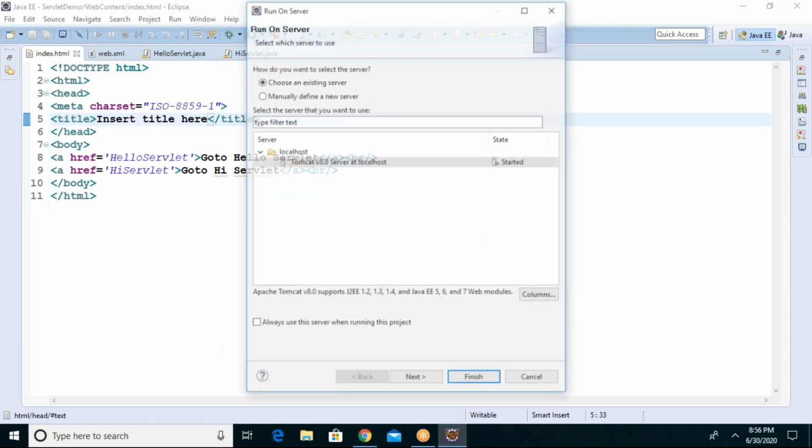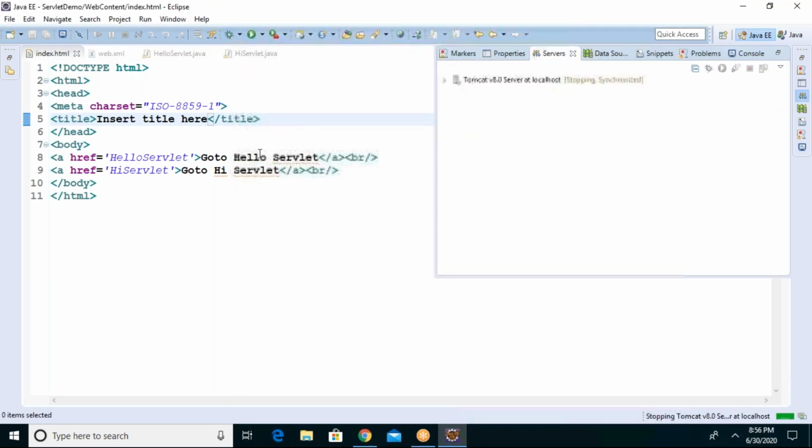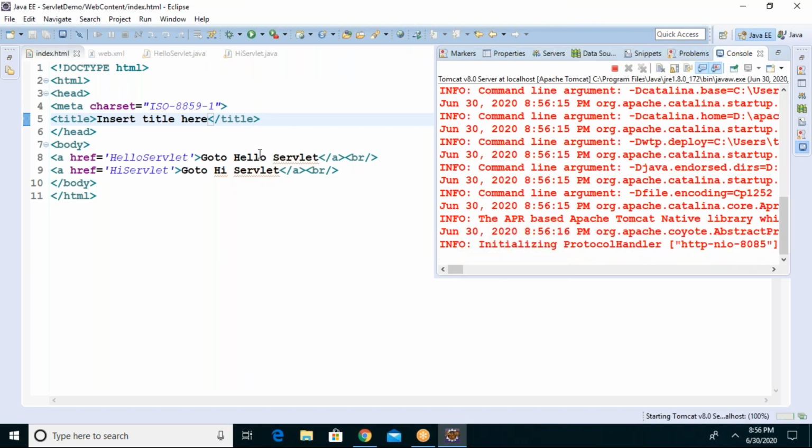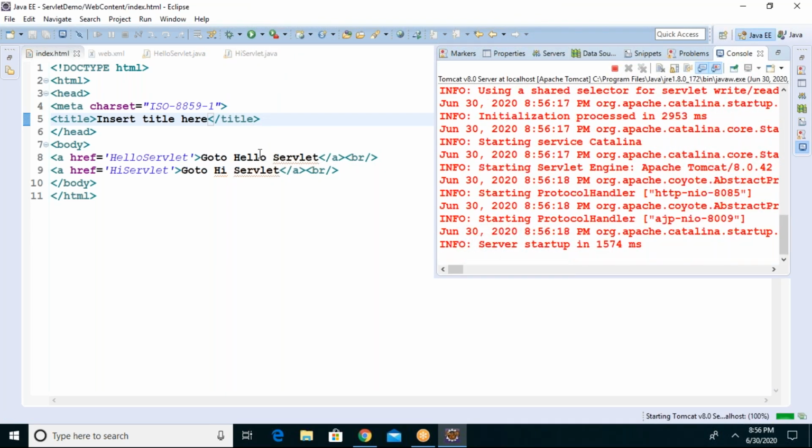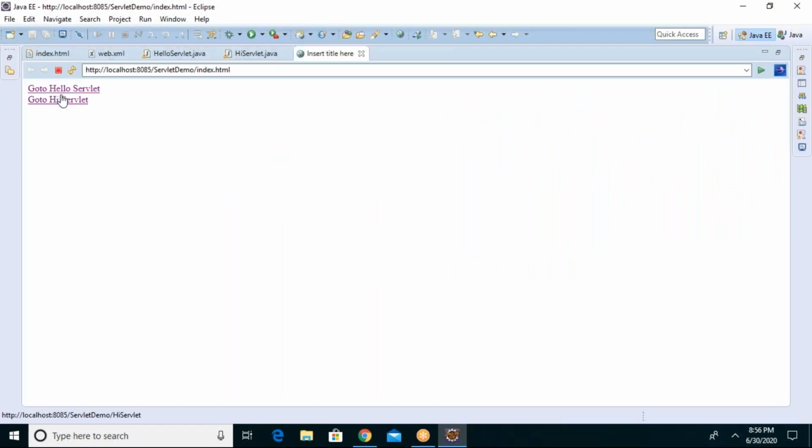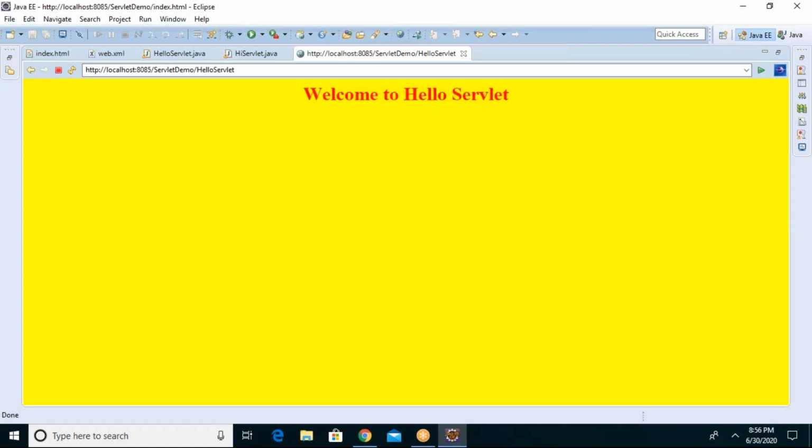Always run the HTML, guys. Always run the HTML. The client always views the HTML page. Whenever you click on Facebook, you will see an HTML page, and from there only you will select. When you go to a restaurant, first a menu will be given. Based on the menu, you will select the recipe. Similarly, one menu should come and from there you select where you want to go.